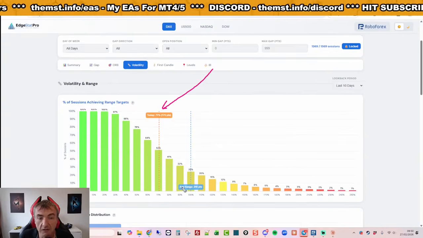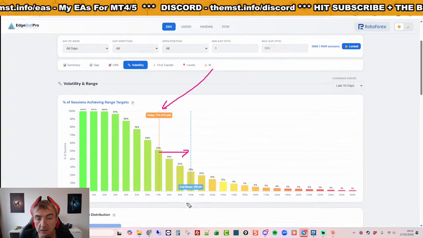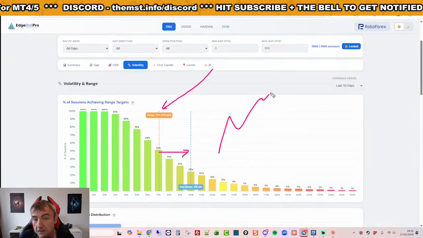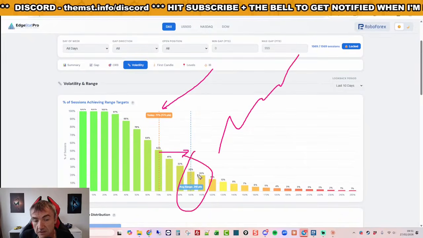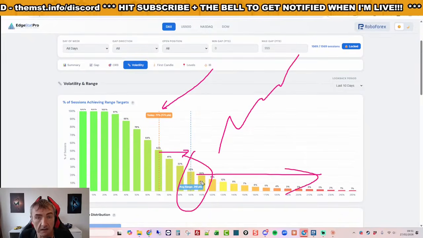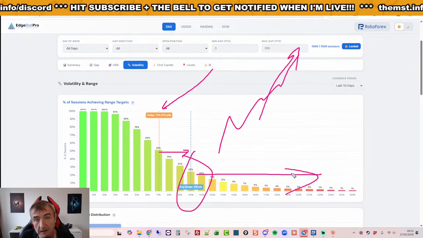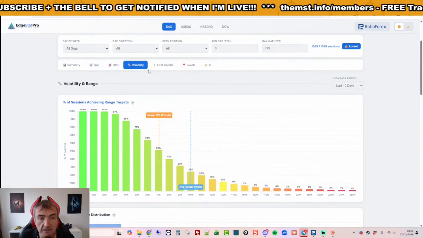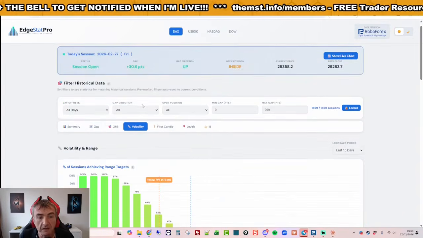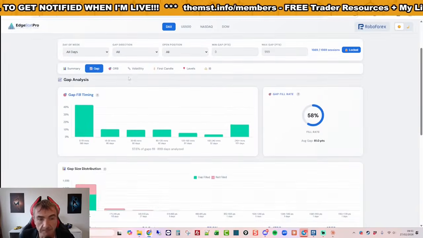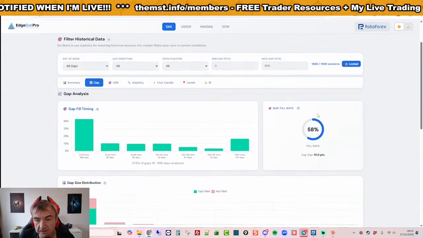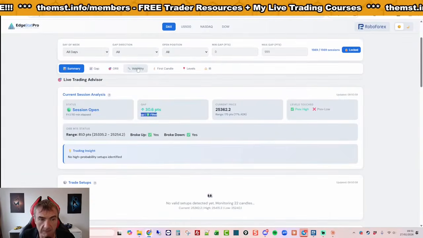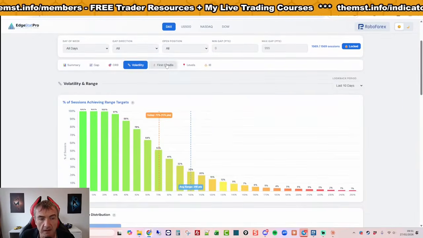Yeah, we're getting close to the average session range at the moment. We're 71% of the way through the session. We shouldn't be looking for continuation trades because on average, the probabilities are 20% of going beyond that level. So we need to start looking for mean reversions. He knows that. So what he will be doing is going, okay, mean reversion trades, is there a gap fill opportunity today that we have not done? The gap has been filled. Scrap that. Can't trade that.